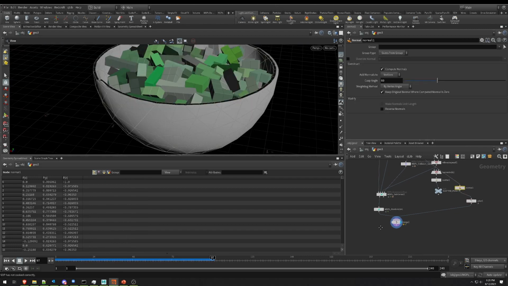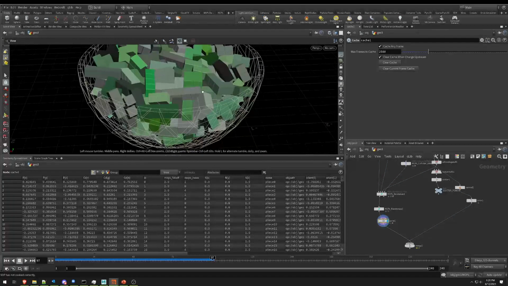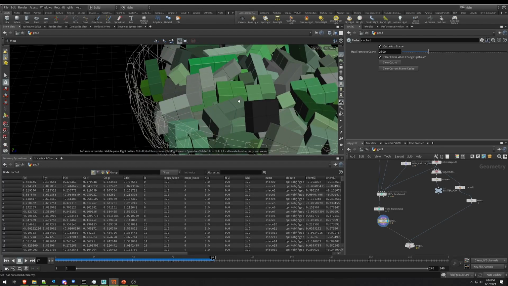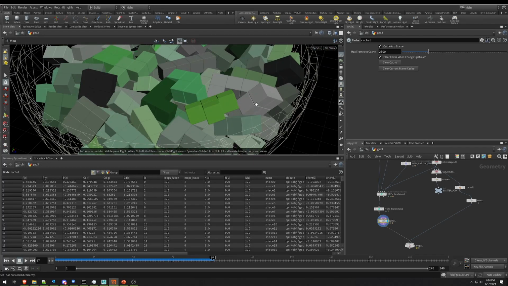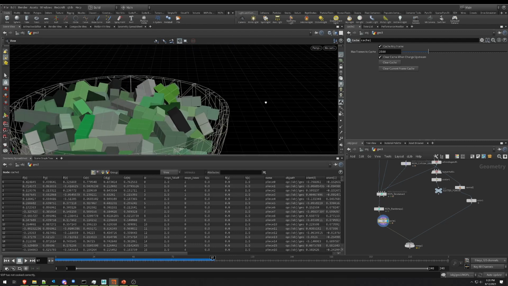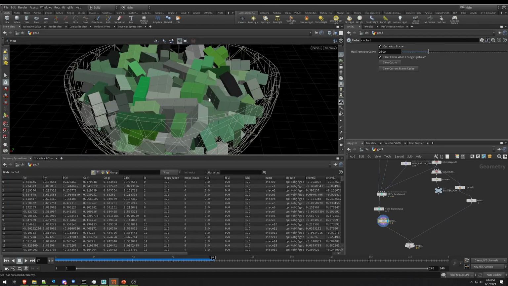So again, with the output from this, what I could do is maybe cache it to disk, and then put this directly into some other sim or leave it as is. So you can use this as the initial conditions for something, or you can just use this to create fairly believable looking piles of things, or otherwise organize objects in a way that looks somewhat physically realistic because you don't get all kinds of overlaps everywhere. It's a simple little node, but it can be a convenient way of solving some